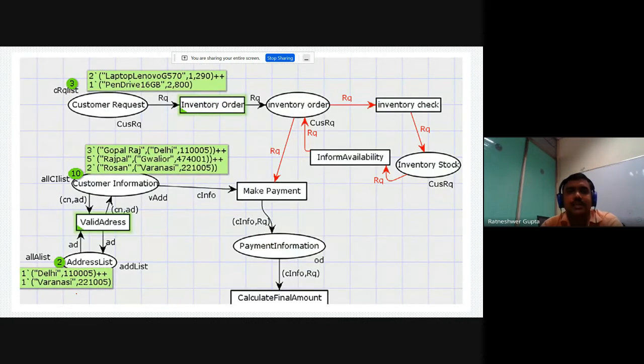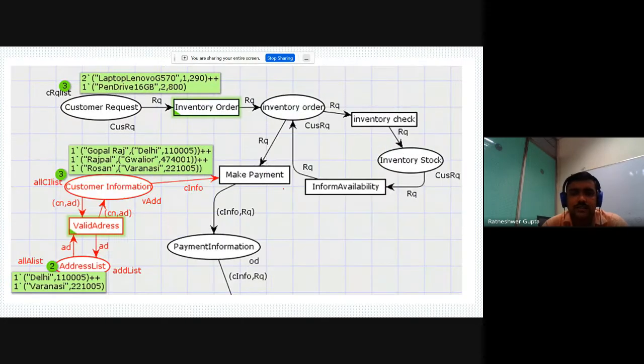So here this is an example of a pattern. Suppose we have an inventory order. This inventory order goes for the inventory check. Suppose we are buying something online and we have ordered something, so first this order will be checked. If that item is available in the database, then we can proceed to make payment. If that item is not available in the database, payment should not be activated. So this is the process we can simulate here.